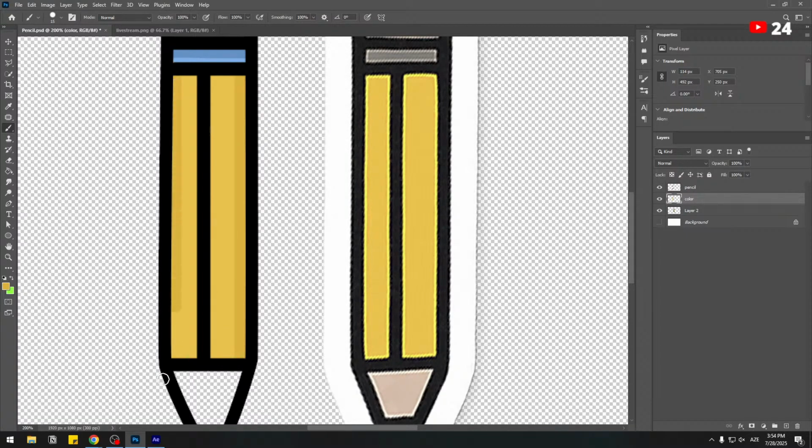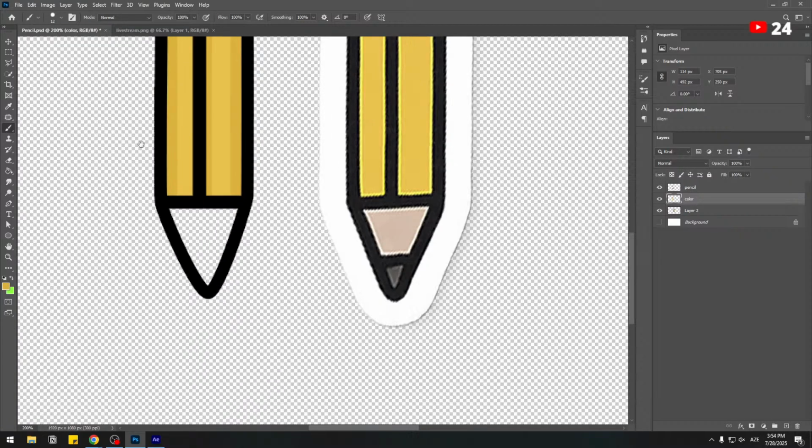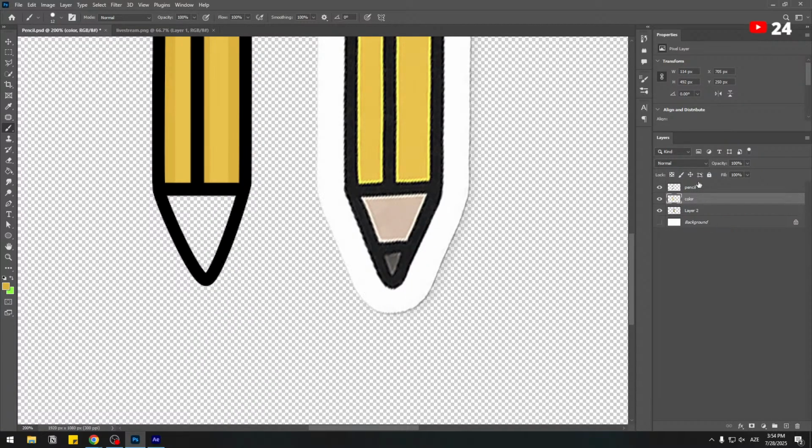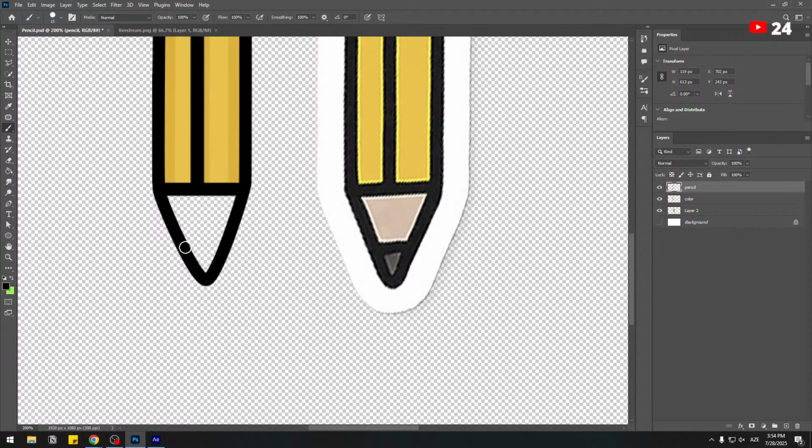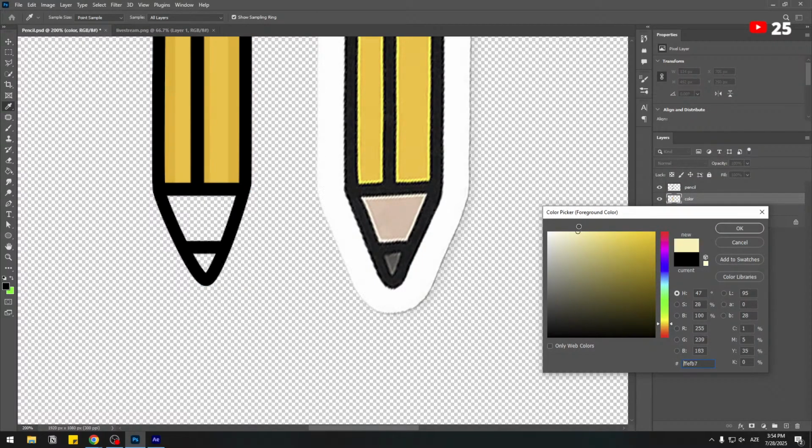Another one here and also here. Okay, that's good. And also I forgot to add this line. Let's choose a color and brush size 15, add it like this. Okay, and the color again, let's choose the brush, choose a color like this,